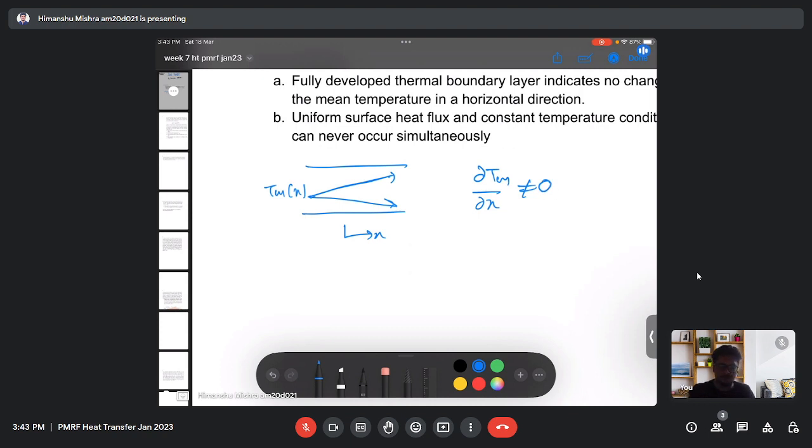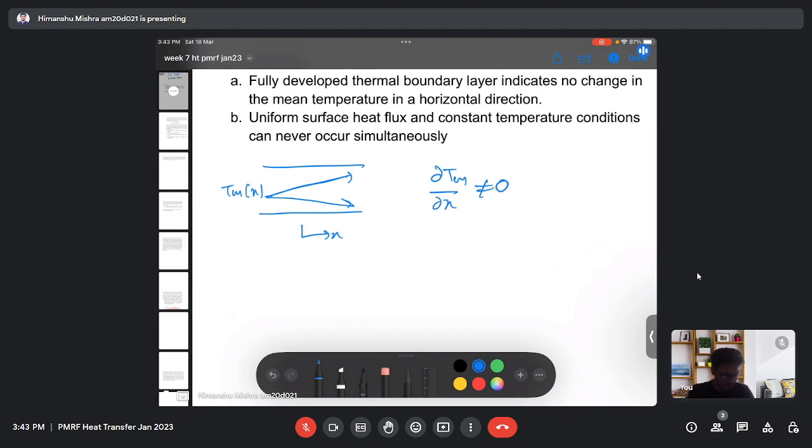So my mean temperature derivative will not be equal to zero. In fact, it has some finite quantity, let's say f, which is a function of x. So in a fully developed thermal boundary layer flow, my mean temperature still changes in the horizontal direction. And depending upon the condition, my surface temperature also changes in the horizontal direction. So the proper